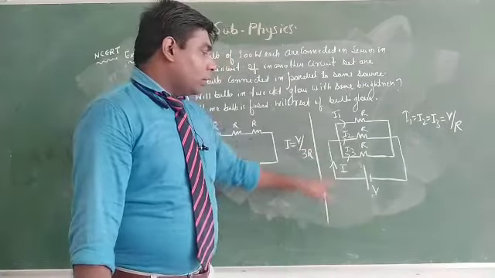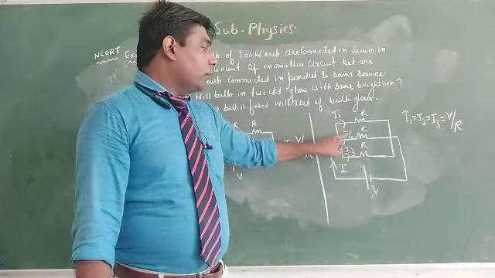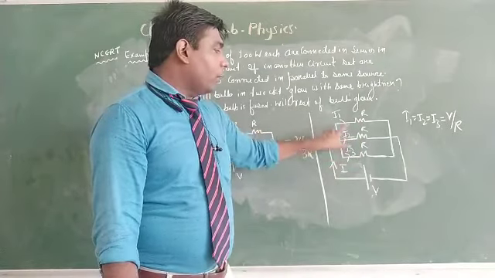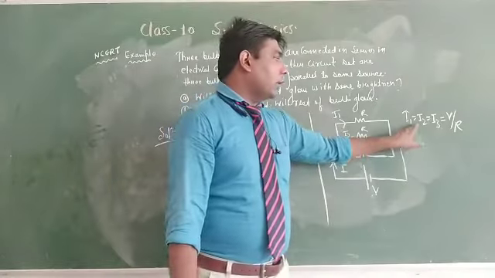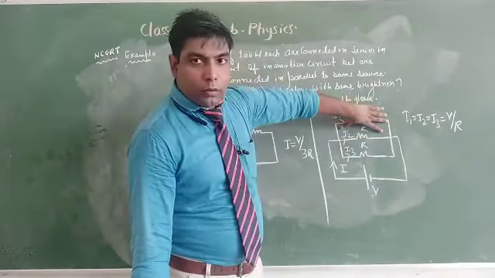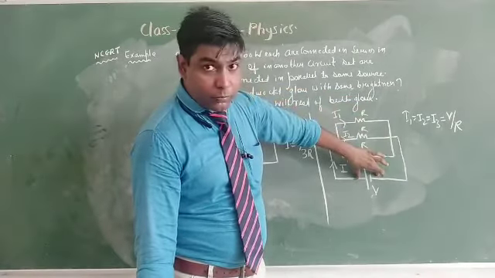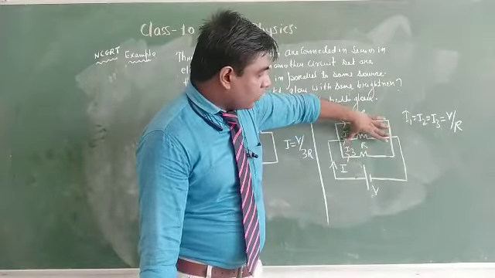For parallel, you know current is distributed. Let us say I1, I2, I3. Now see these 3 resistances are the same. So the values of I1, I2 and I3 will be the same. I1, I2, I3 equal to V by R. Because see, if you want to find out I1, then see, voltage across this is how much? V, because in parallel voltage is the same. So V by R. Here also V by R, V by R.